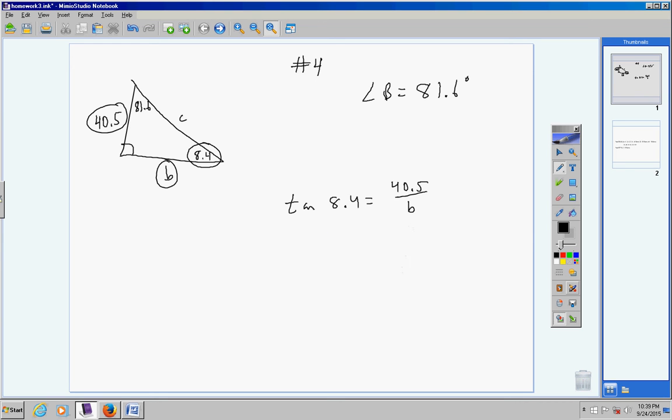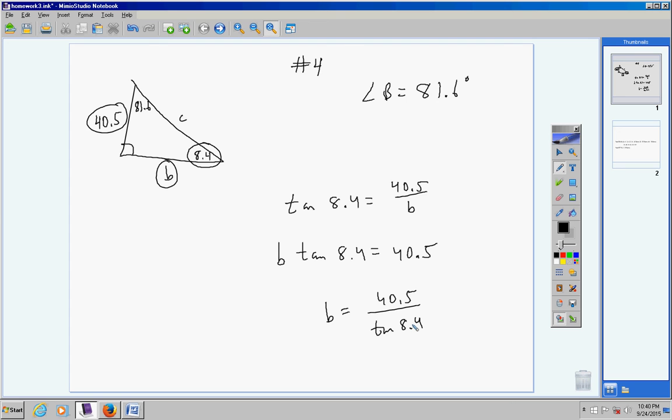Now your denominator here's B, so multiply both sides by B. So B tangent 8.4 equals 40.5. Then divide both sides by tangent. So B equals 40.5 divided by tangent of 8.4. So here we go. I'm going to type in 40.5 divided by, I'm going to put tangent of 8.4. And that will give me